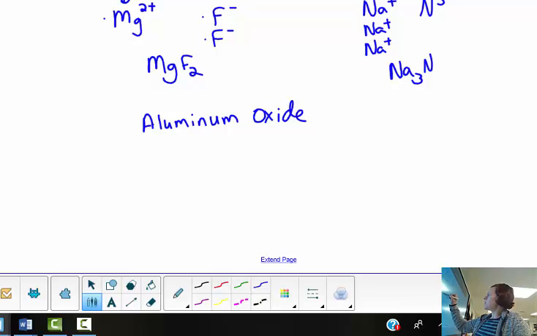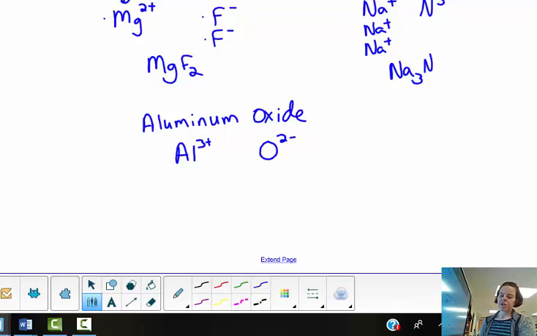Okay, let's try out this one, aluminum oxide. This is one where I want to show you the charge flip trick because it works perfectly here. So you find aluminum on the periodic table and you say, okay, aluminum is Al3+, and oxide is oxygen, right? So oxide is O, and it's a -2 charge. Okay, and right now you're like, okay, a +3 and -2, I gotta think of common denominators, like, okay,